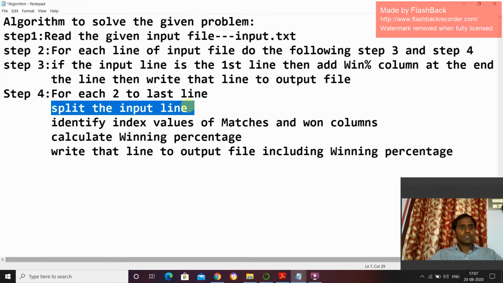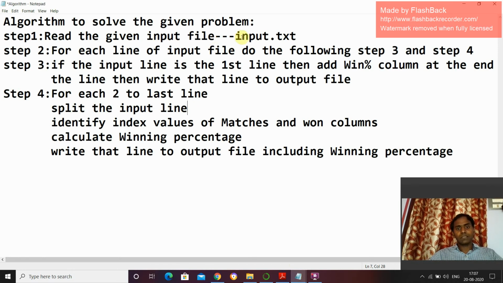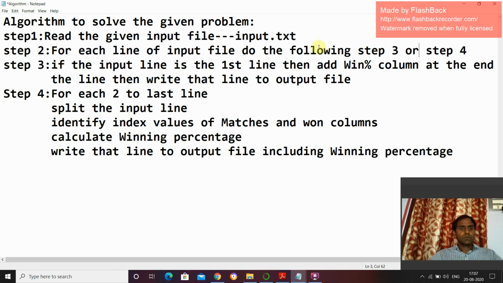So this is the algorithm. First, I have to read the given input file. I have to maintain the input file in a file named input.txt. After reading the input file, for each line of the input file we have to follow step 2, step 3, or step 4.